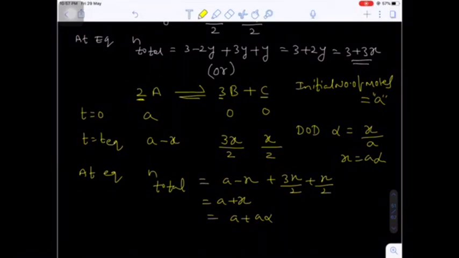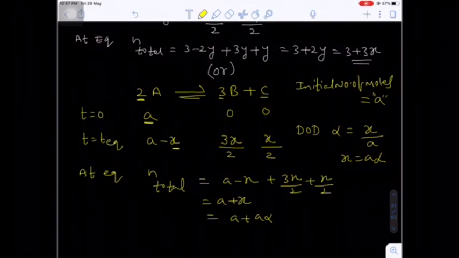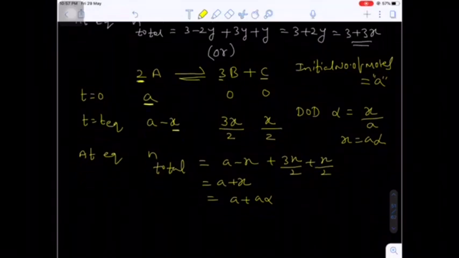So this is a very important common method. Once again I am telling, first of all, take the number of initial moles small a and subtract the x moles from the small a. On the right side, whatever the stoichiometry, you write the stoichiometry multiplied by x, and we have to write divided by the stoichiometric coefficient of the reactant. That is very important. Are you getting my point?